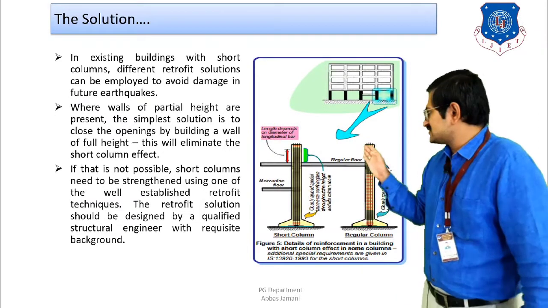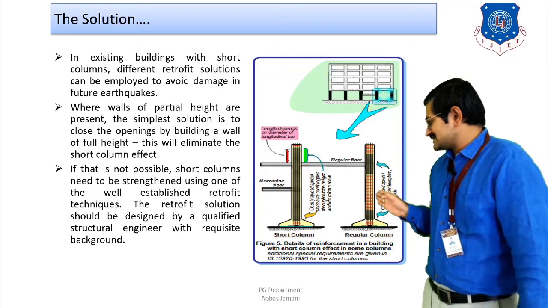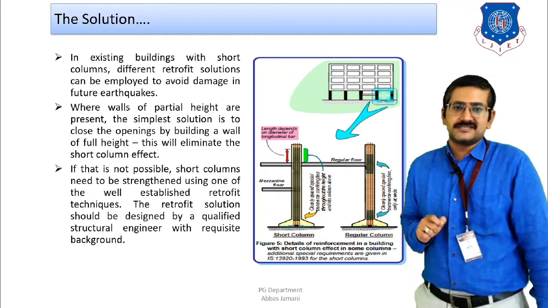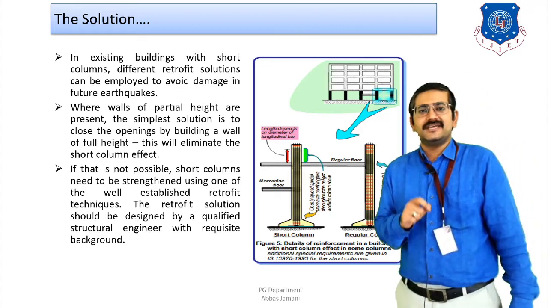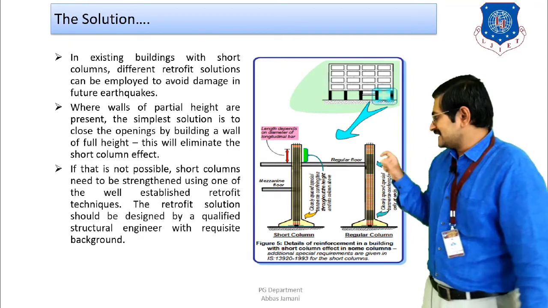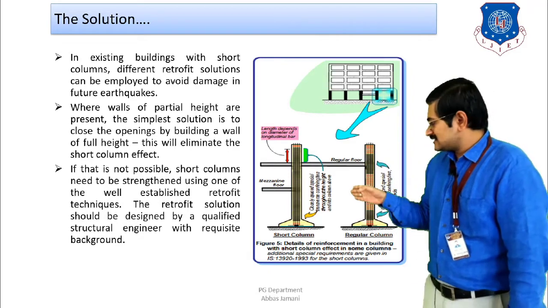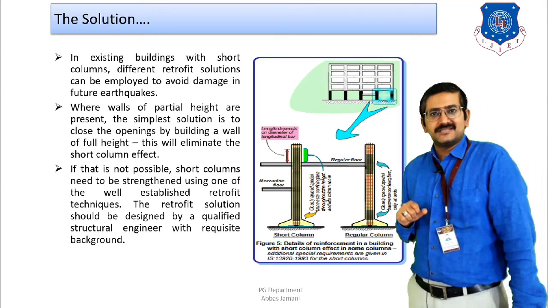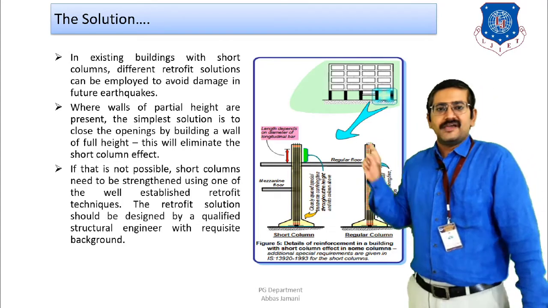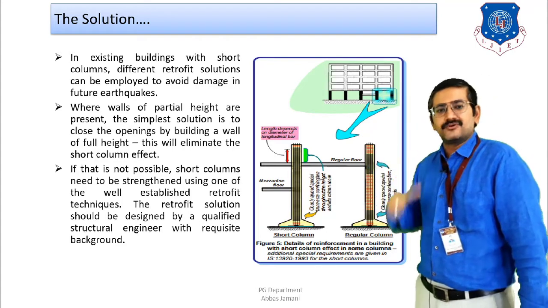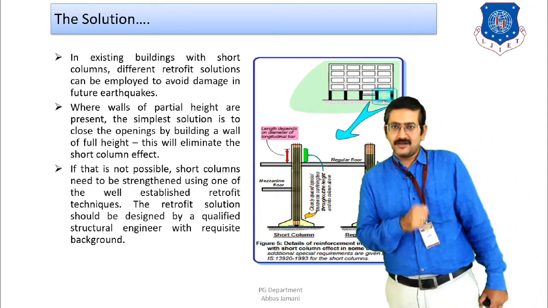The same thing is shown here by means of a sketch where 2 columns are shown. The first column is known as the regular column, the second column is known as the short column. In regular columns, IS 13920 says that special confining reinforcement should be limited to the beam column joint and the column and footing joint. Whereas in the short column, as you can see in the figure, the special confinement zone has to be provided throughout the entire length of the short column, and also some portion above and some portion below the short column, so that the safe transfer of stresses can be accommodated.